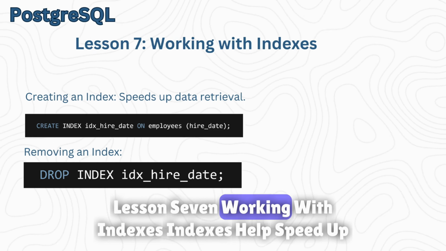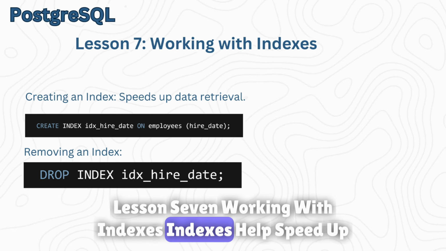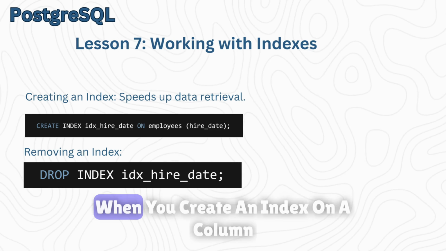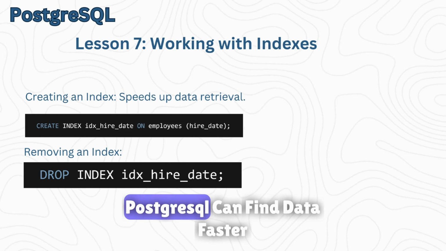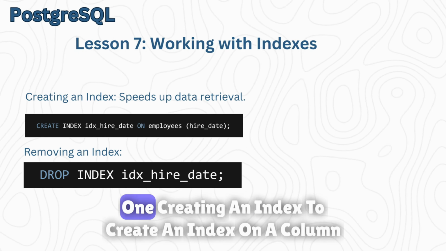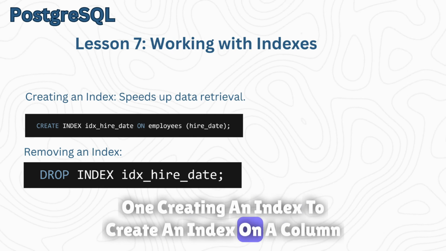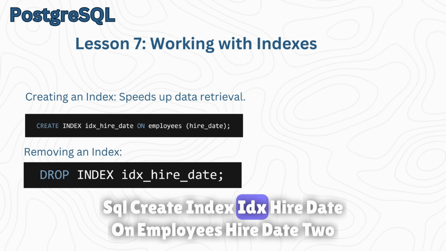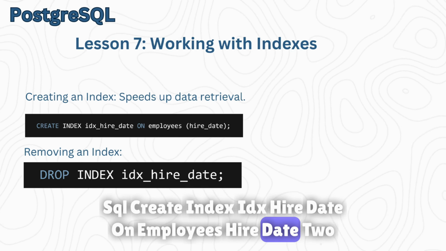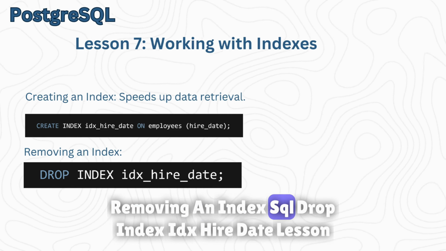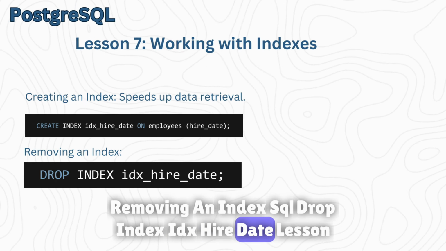Lesson 7. Working with indexes. Indexes help speed up query performance. When you create an index on a column, PostgreSQL can find data faster. 1. Creating an index. To create an index on a column, SQL: CREATE INDEX idx_hire_date ON employees(hire_date); 2. Removing an index. SQL: DROP INDEX idx_hire_date;